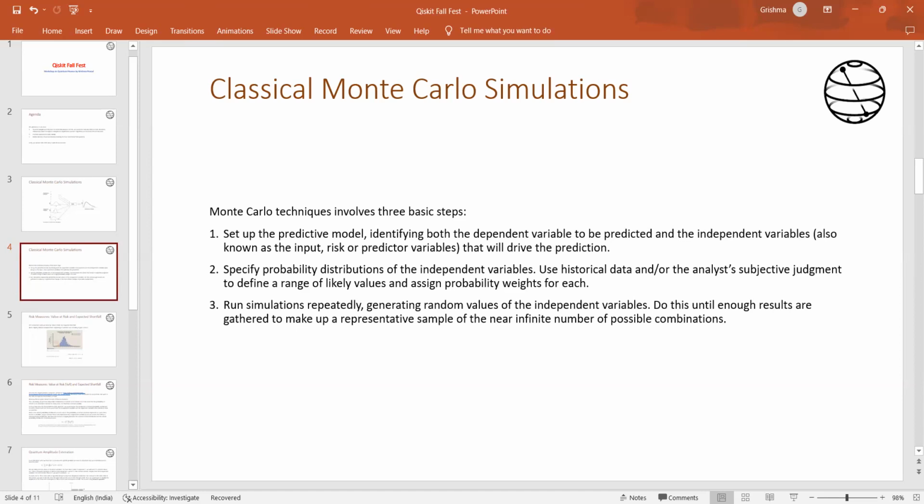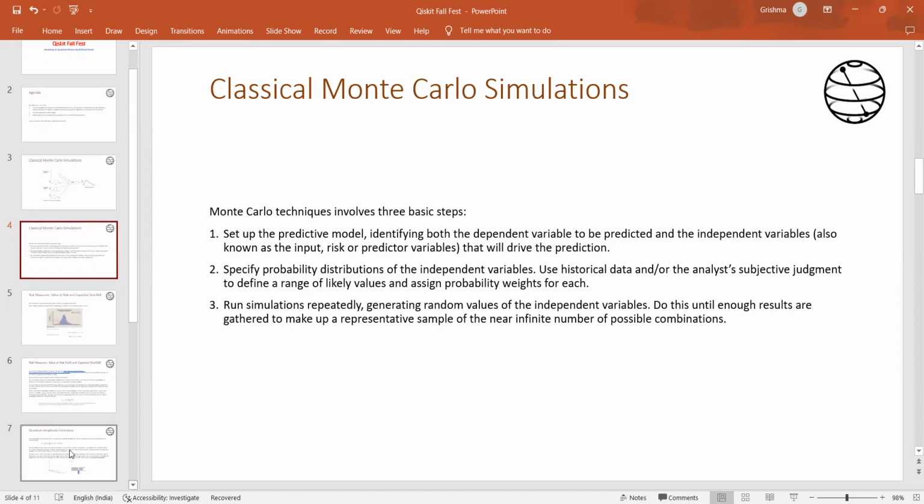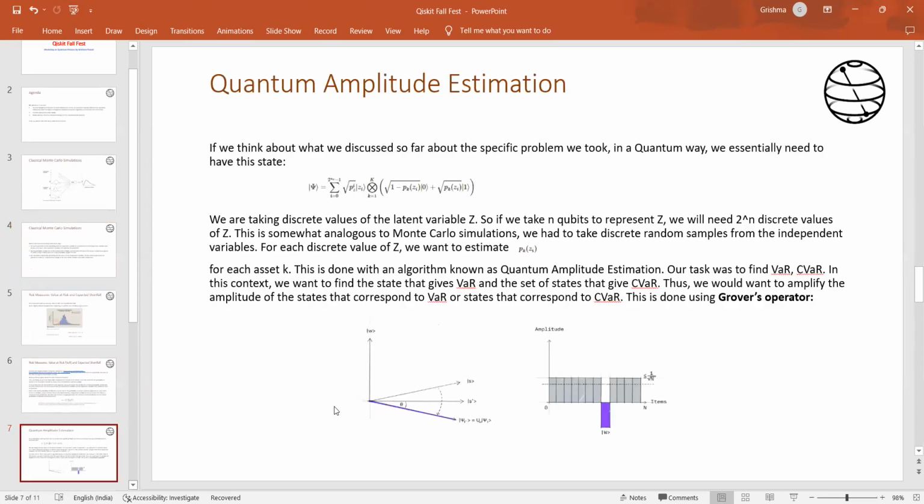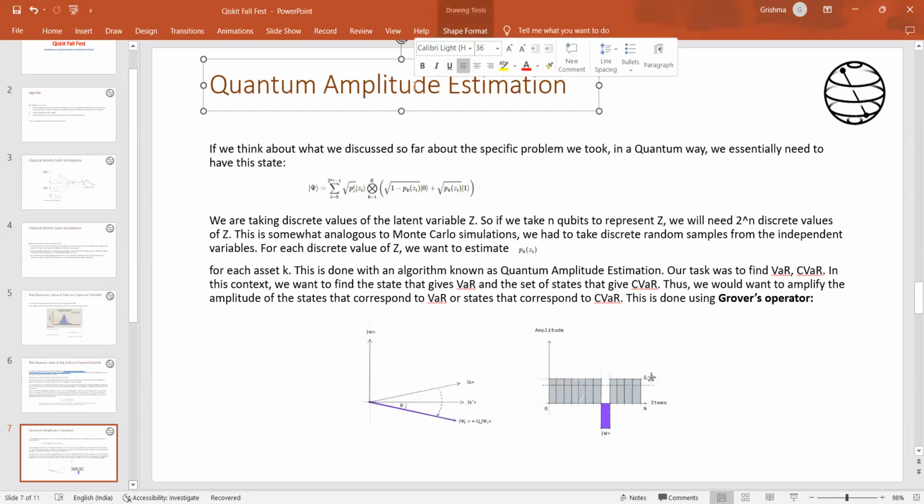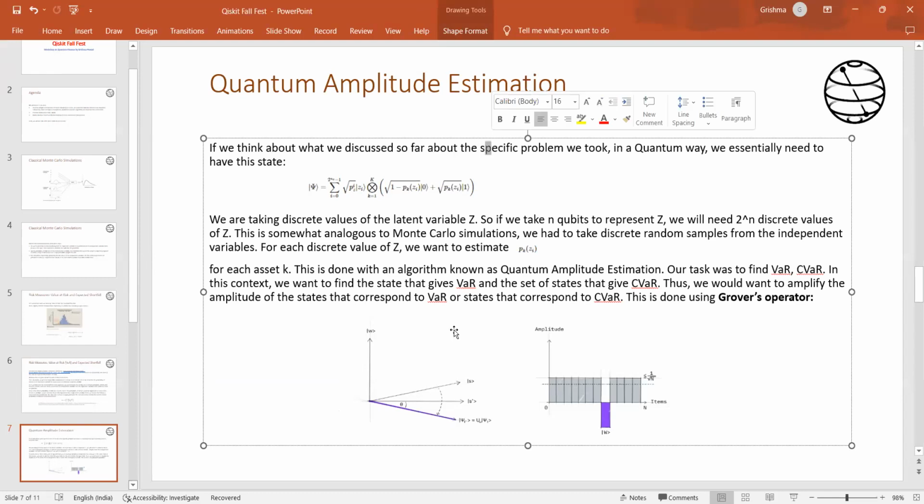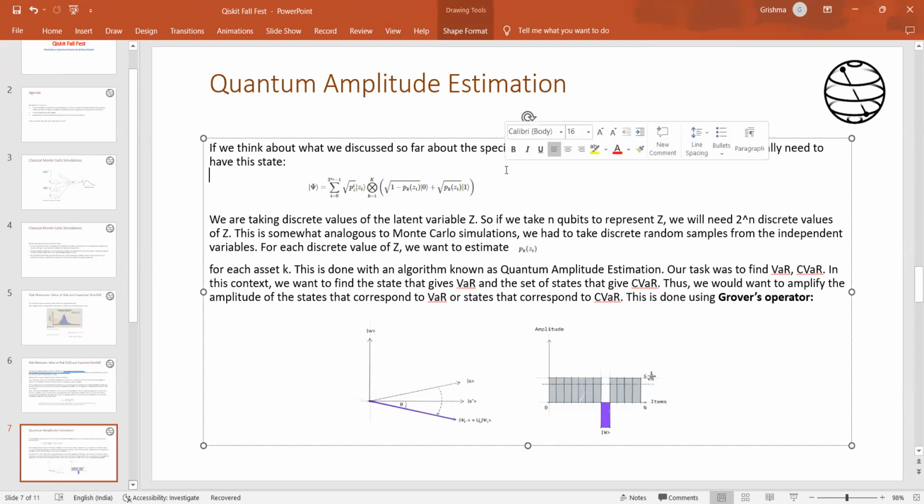But then we have quantum approaches which have shown an advantage. This particular algorithm here, quantum amplitude estimation, is one of the most popular ones, which has shown a quadratic speed up over the classical approach of Monte Carlo simulation. So if you have to think about this problem in a quantum way,